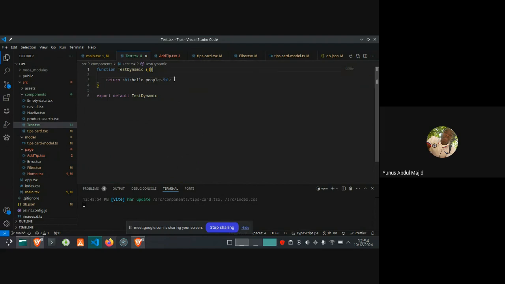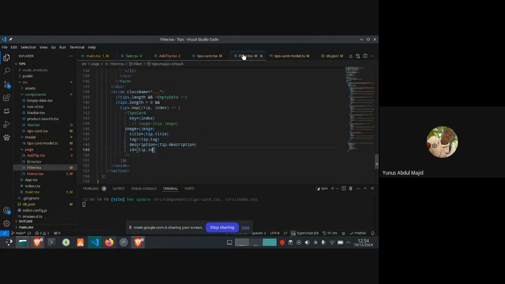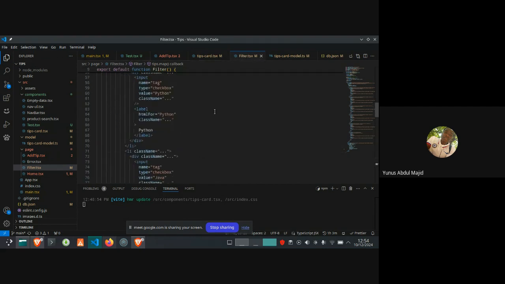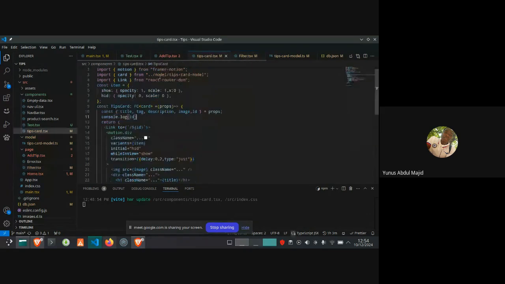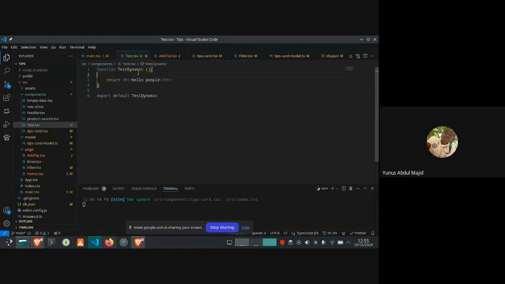Now I will make use of useRouteLoaderData to fetch the data inside the test component.